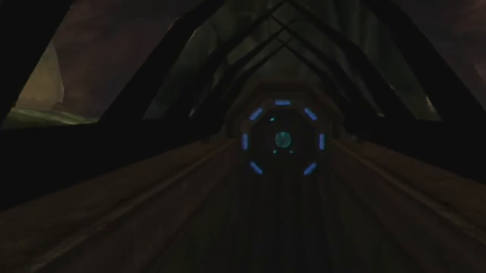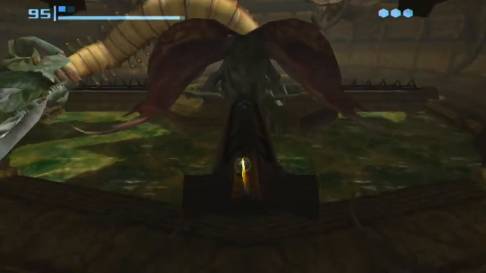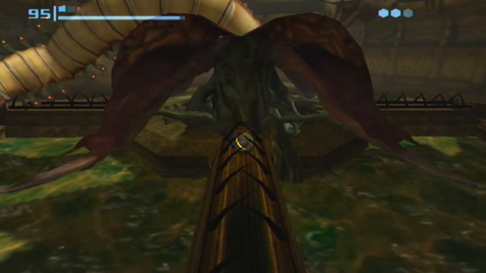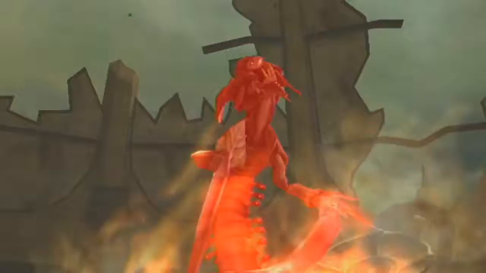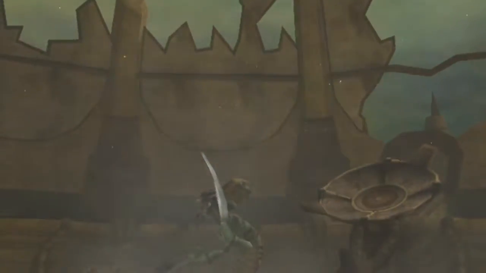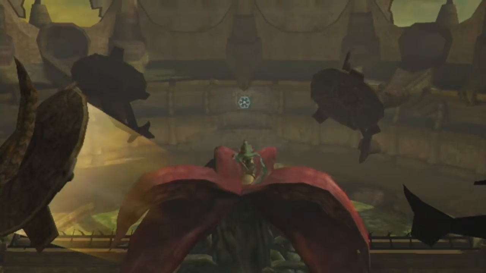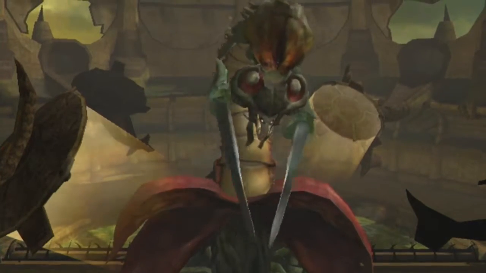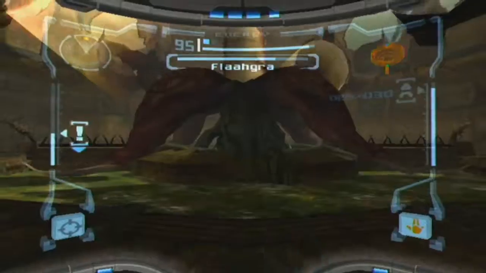And Flaahgra is the second boss and the main boss of Chozo Ruins. And the main way of defeating it is to knock down the mirrors that are powering it with sunlight. We can then access these tunnels and enter a morph ball bomb slot and deal some damage to it, and it shrinks down, and we killed it. No, just kidding. 2 mirrors now, both beaming sunlight upon it, and yeah, it just gets a little bit stronger